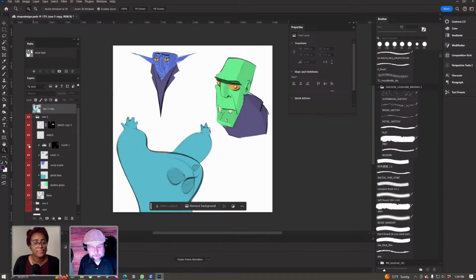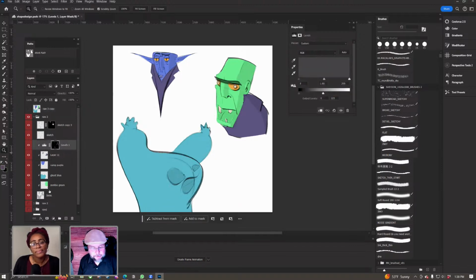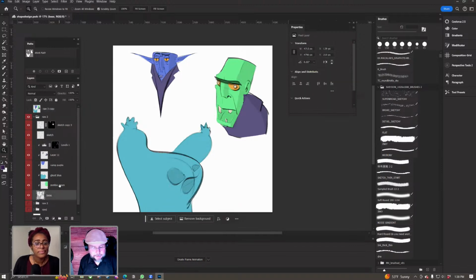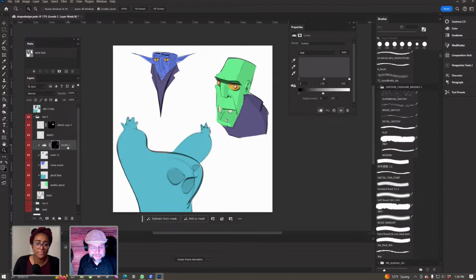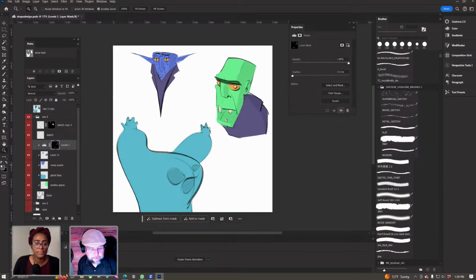It's this right here, Cody. Just use a levels tool, and I have the levels clipped to my base layer here. So I have a zombie. I have all these three layers clipped to here, but then I have this one that controls the level structure, and it doesn't matter what I do in this because I'm working on a mask.